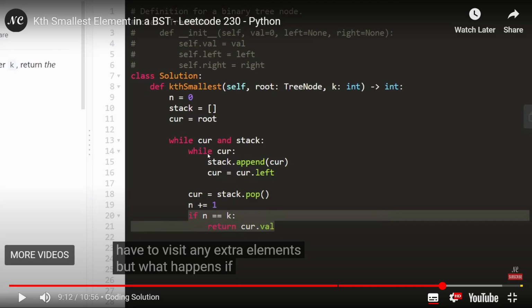It's because we put it in. Oh yeah, because we append stuff. Here it's confusing, but I know cur is equal to cur.left. We're going to check the leftmost first, so we can count it properly. So the trick here is to create a stack